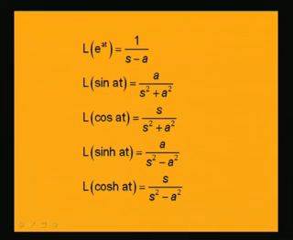Otherwise, sin at equals a by s square plus a square, and sinh at equals a by s square minus a square. Similarly, for cos, in the numerator in both cases it is s, but in the denominator the difference is the sign of this term. So, this is plus and this is minus. Similarly, for other terms